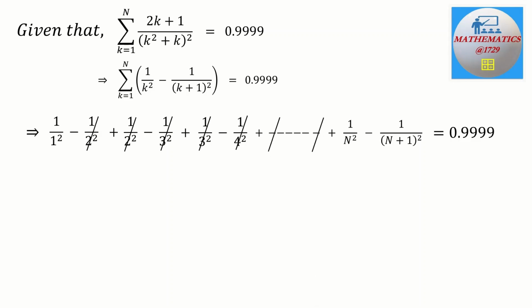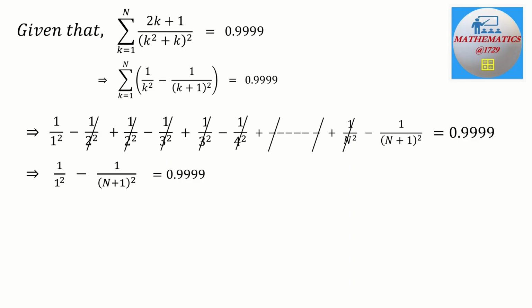Previously we get minus 1/n², and this will cancel with plus 1/n² further. So basically this method of solving is known as the telescopic method, and here we get the first and the last terms after simplifying. So that is 1/1² − 1/(n+1)², which is equal to